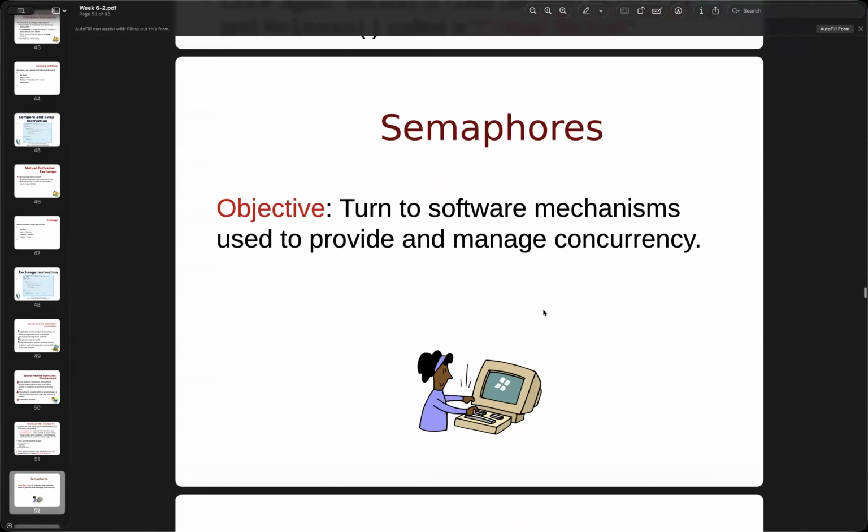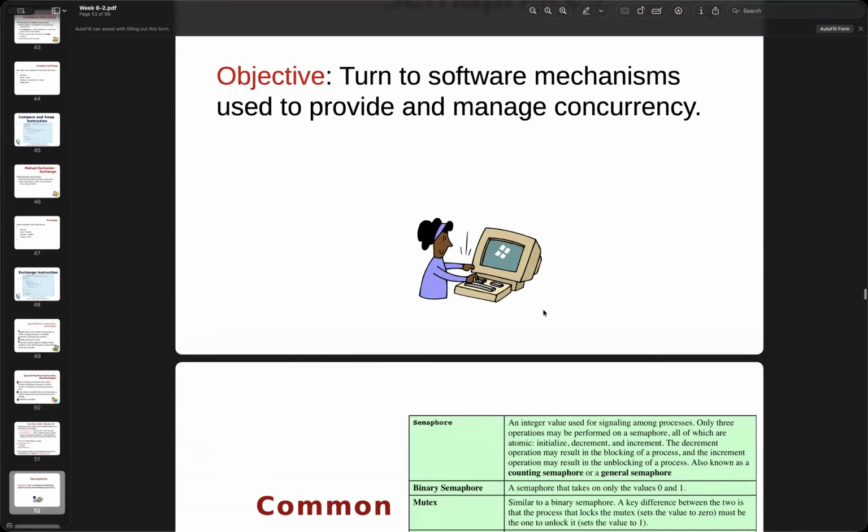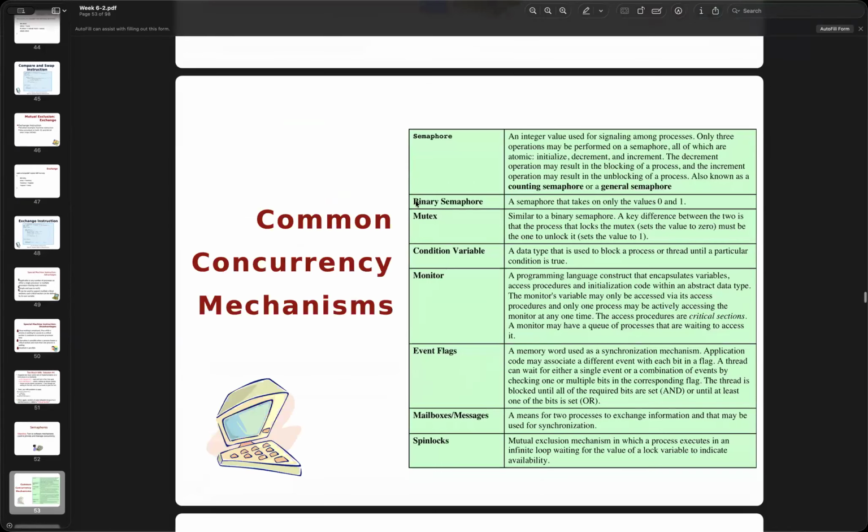Next we talk about the semaphore. This is a software mechanism used to provide and manage concurrency. Here we talk about some common concurrency mechanisms. The semaphore is an integer value used for signaling among processes.